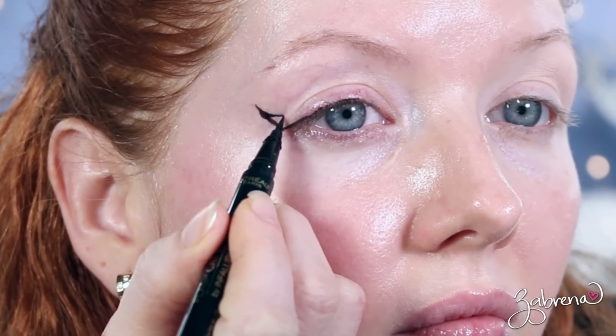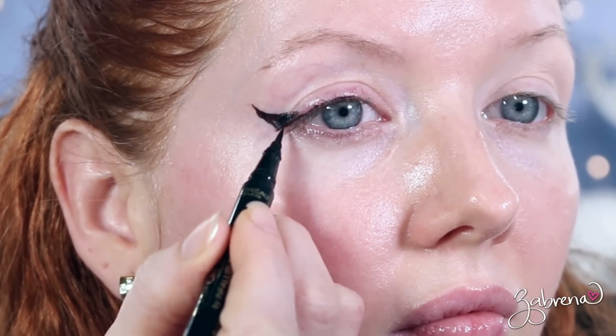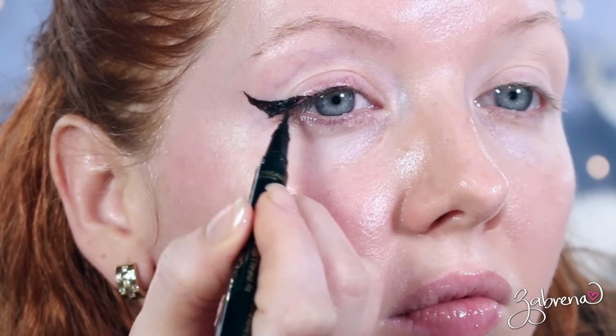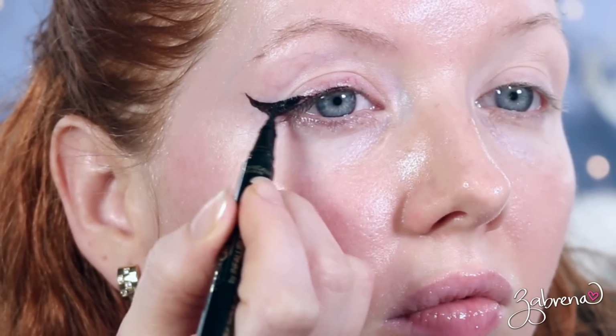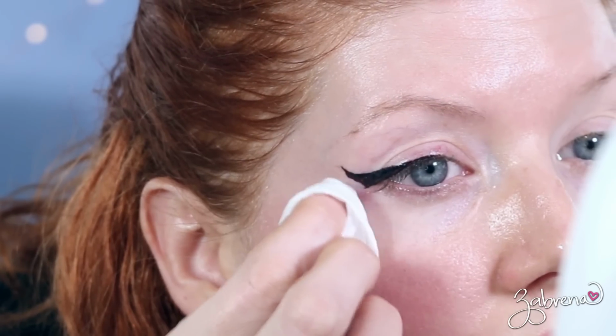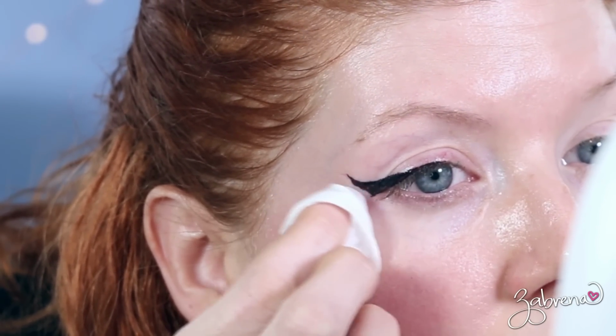The idea behind this was for hooded eyes, droopy eyes, Asian eyes, etc., so that you're not losing a part of the wing in the fold of the eye. I tried it on my eyes. To me, it made my eyes look a little droopier, and I did a comparison here between the way that I normally do it and this technique I just shared with you, and you can see the difference between the two eyes. I like it a little better on the side the way I normally do it as opposed to this technique,